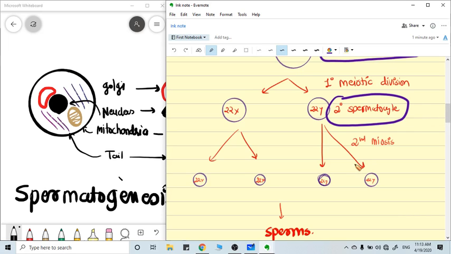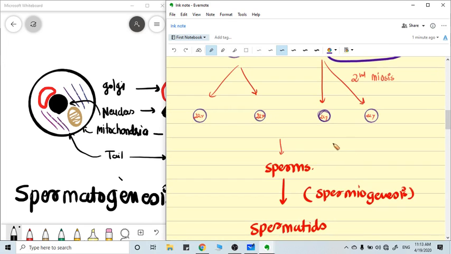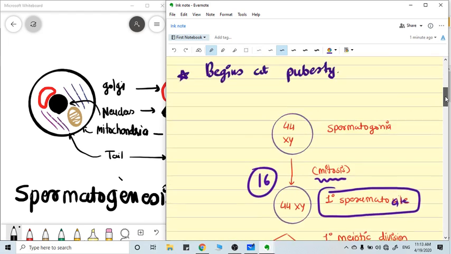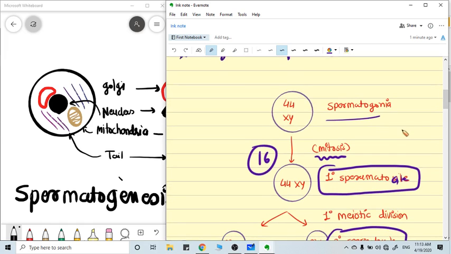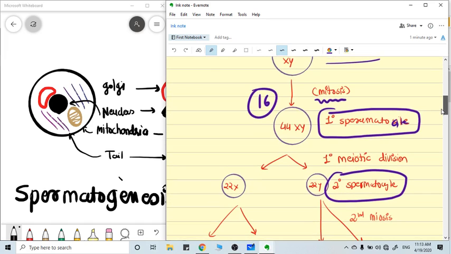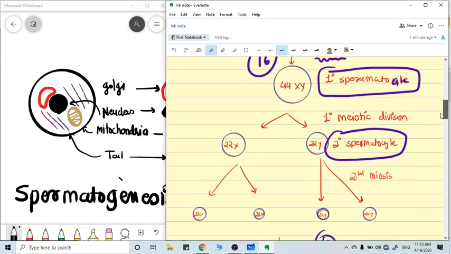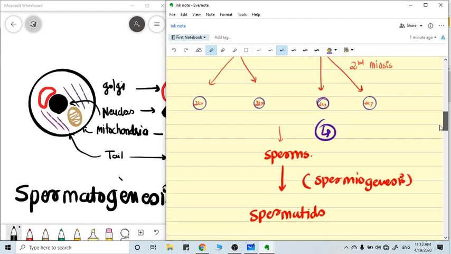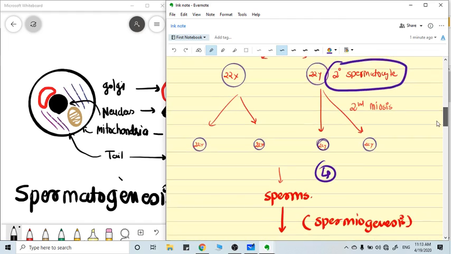Now these two secondary spermatocytes will further divide like mitosis, and it's also called the second stage of meiosis. Total 4 spermatids will be formed. So from one spermatogonia 16 primary spermatocytes can be formed, and from one primary spermatocyte 4 spermatids are formed. So total 64 spermatids are formed from the